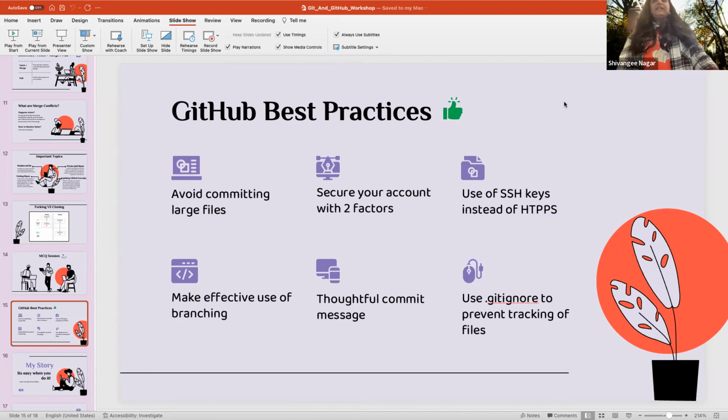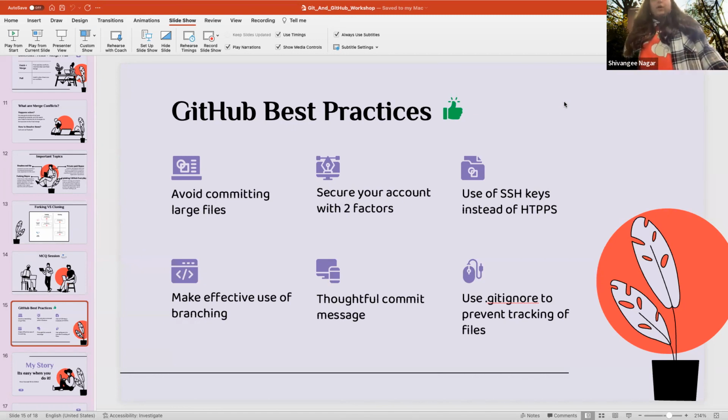Thoughtful commit messages, something that I have not been doing today. You have to be very, very sure when you're writing the message on your commit. It should tell you what the change is. It should definitely tell you why the change was made, and it should tell you what change that brings to the code that you've already made. You can do it in a line, or you can answer all of those in separate lines, that you created this feature which enabled this particular thing which was not there before. But the message has to be very thoughtful.